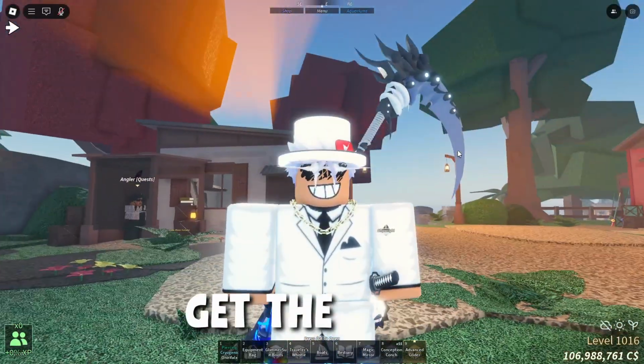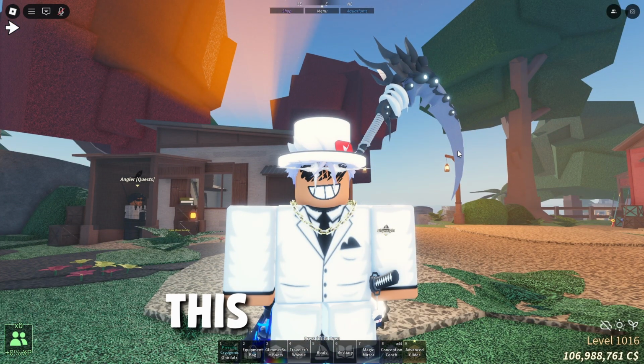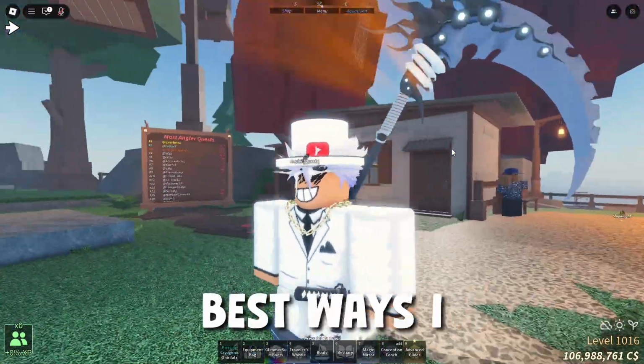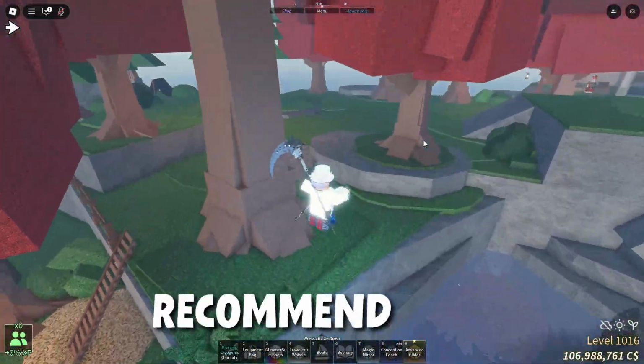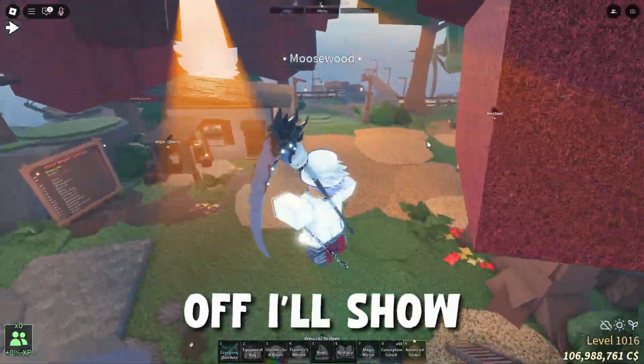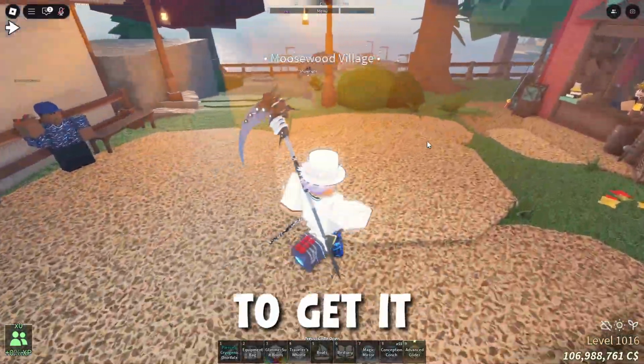So if you were trying to get the wind element rod inside of Fisch, this is exactly what we're going to be doing. To keep this video short, I'm going to be showing you the best ways I got every single thing for it, what I would recommend, and alongside that, each individual step. For starting off, I'll show you the steps, what I did to get it,